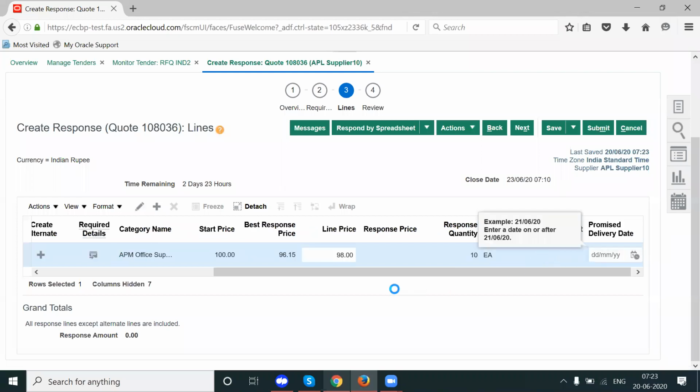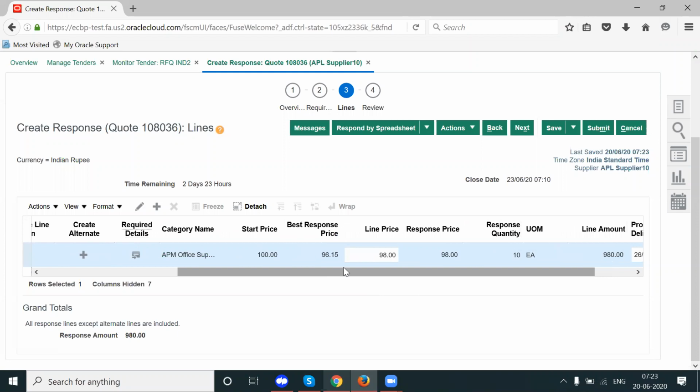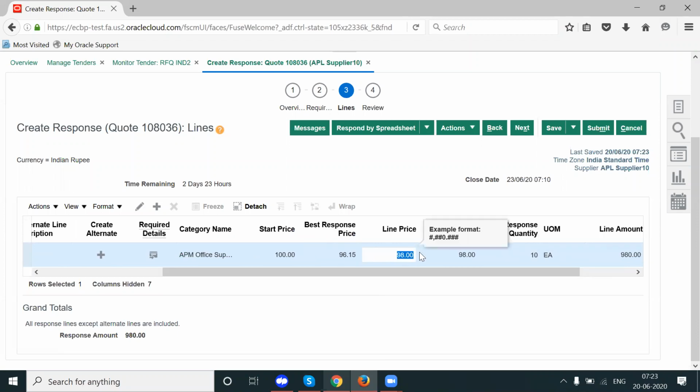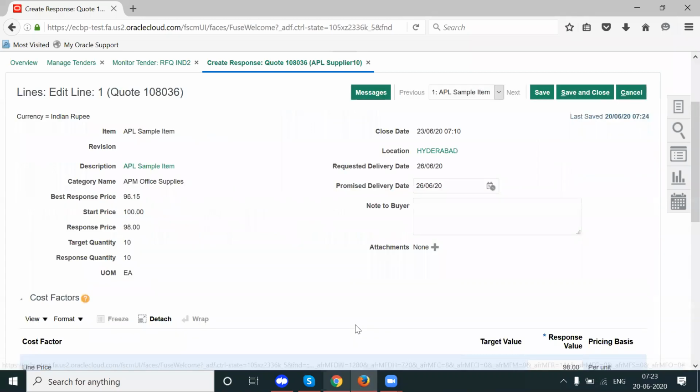What happens? If you enter 98, the system is taking it, but if you enter more than 100, more than the start price, the system won't take it. But here you can enter more than the best response. 98 has been entered, and click on edit and enter the other additional cost factors.